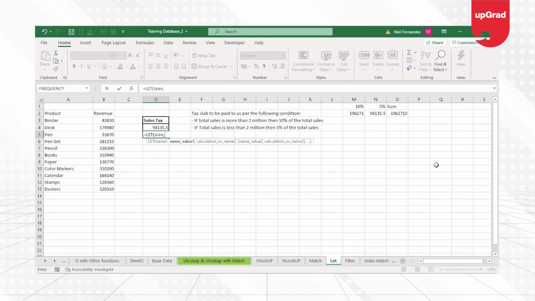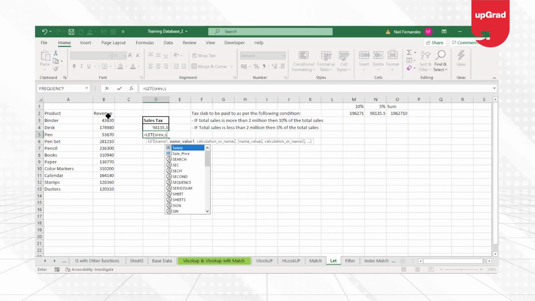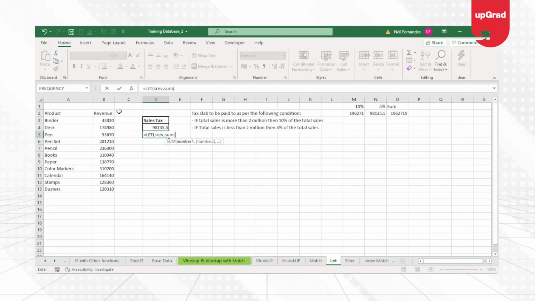This is the name that I'm giving to my calculation. So the calculation is going to be sum of the revenue, close the bracket.